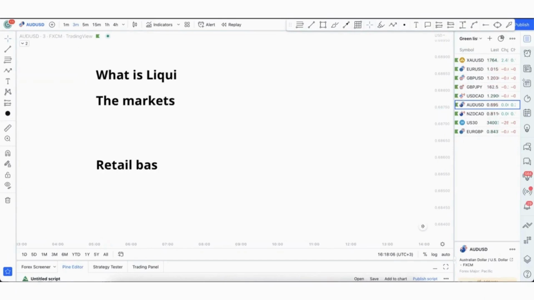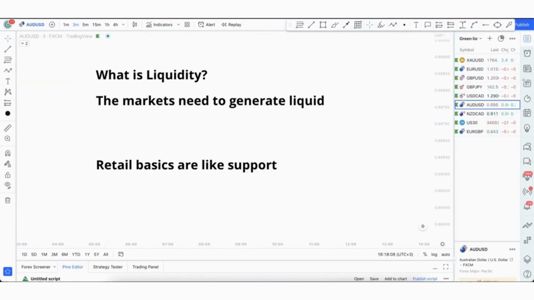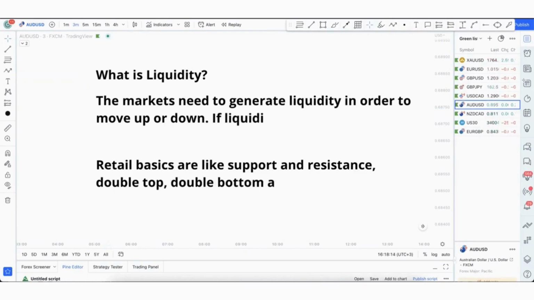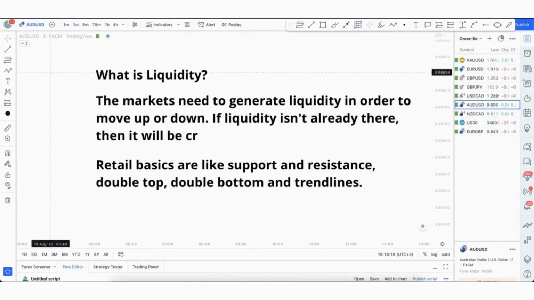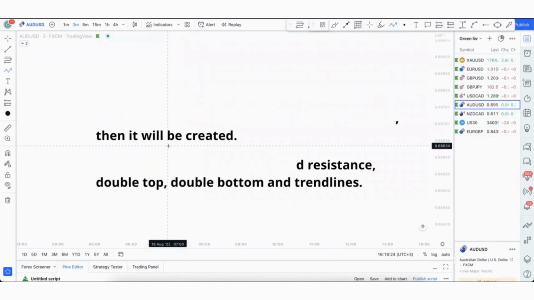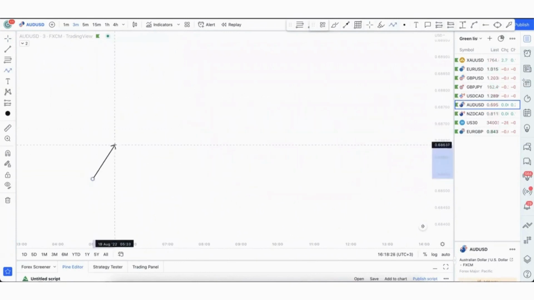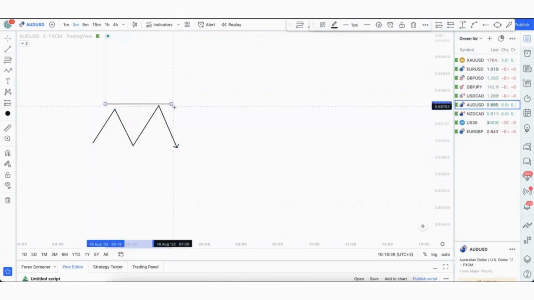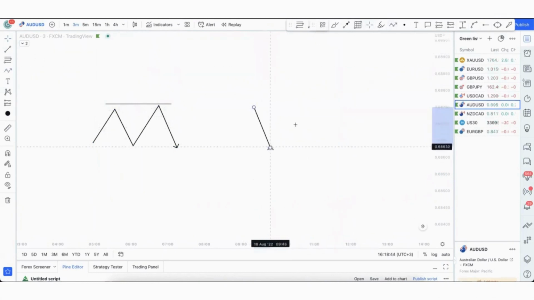So what is liquidity? The markets need to generate liquidity in order to move up or down. If the liquidity isn't already there, then it will be created. Basically, the basics are like support and resistance, a double top like this one, because the price has this structure, or a double bottom, this one,